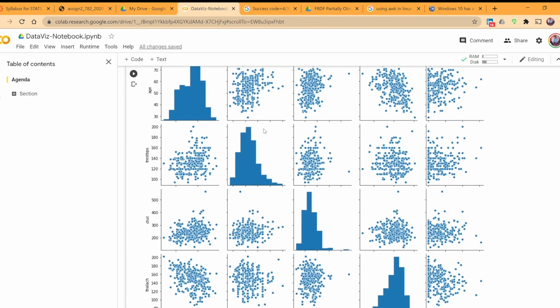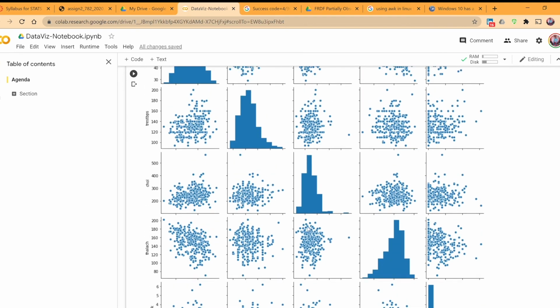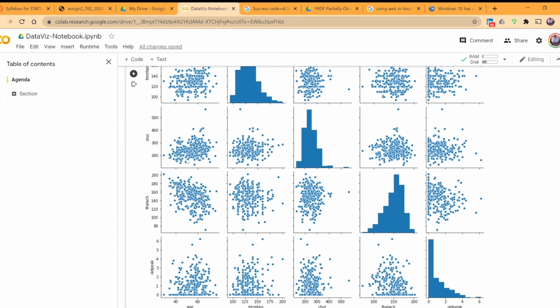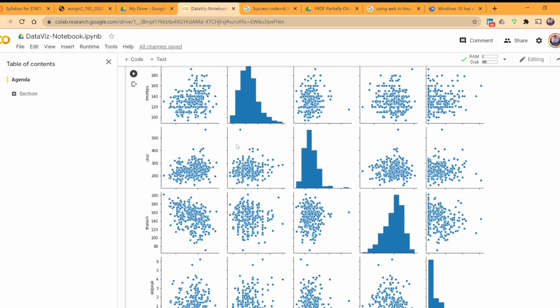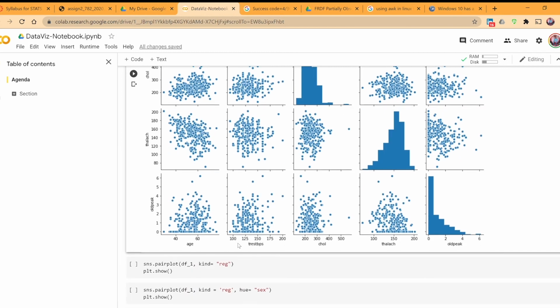So you don't need to interpret all these plots. You just need to interpret at least one side of the diagonal. So if you are able to look at or understand one side of the diagonal, the other side explains the exact same result. And for every row you have the y-axis specified over here, and for every column you have the x-axis specified. So for example,